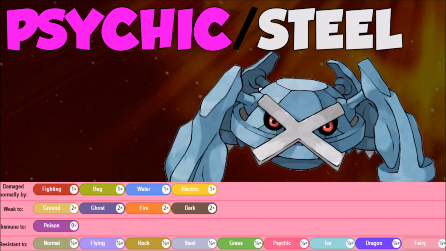Like, you look at Solgaleo, and you're not going to think about its weaknesses to ground, ghost, fire, or dark, and that's kind of showing a lot of different things right here. Like, the 6th generation nerf to Steel-type Pokemon really coming in right now, that it used to be that Ghost and Dark were resisted by Steel, and now it's neutral. So, a lot of weaknesses right there, but overall, we do pick up that immunity to Poison,